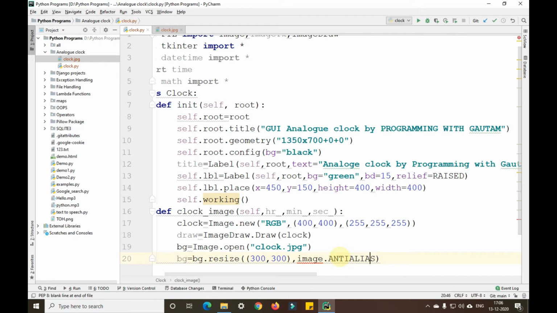Okay, so this Image should again be in capitals, guys, capital I. After we have resized that particular image and we have made it anti-alias.